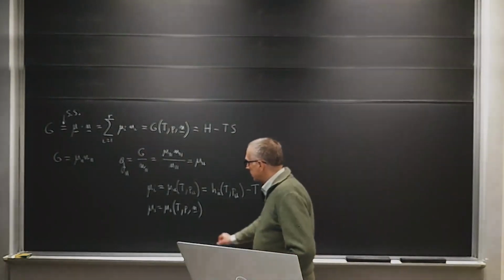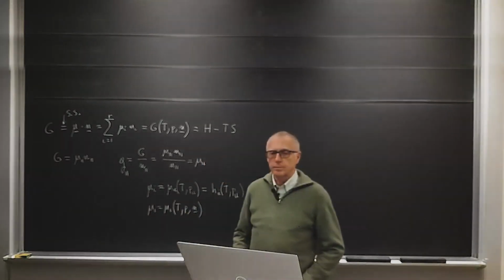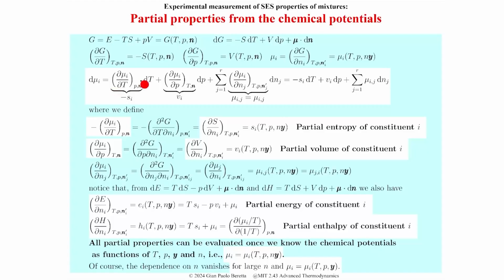So we write the differential of that, and then we use those Maxwell relations that allow us to, for example, take this partial derivative of mu with respect to T, which is the coefficient of dT in this differential. We recognize that, except for the minus sign, it is equal to the second derivative of G, the capital G, the Gibbs free energy,